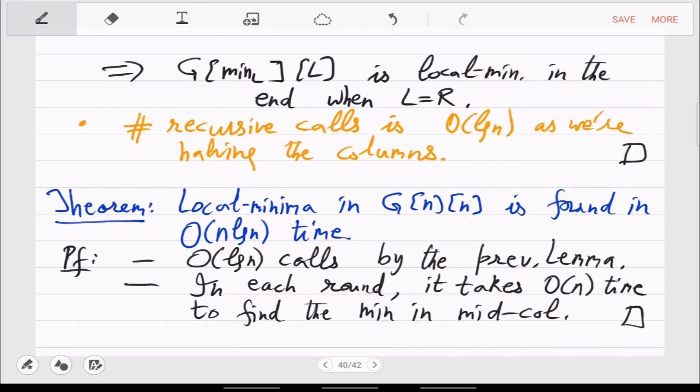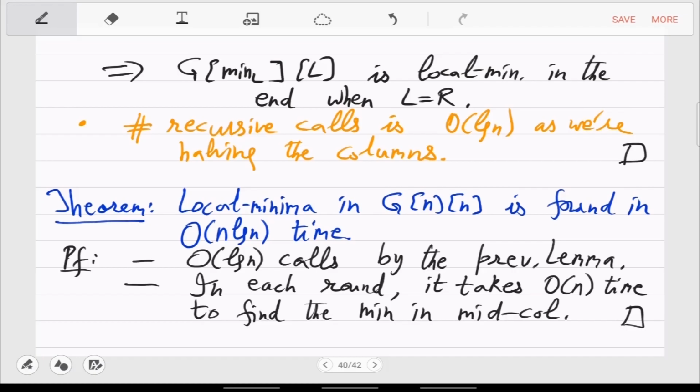Right, so this is a tremendous improvement on n square. So this is now same as sorting, but here it's more impressive because it was actually an n cross n matrix. So you can't do sorting here because the input size is n square. So for input size n square, we are doing actually only n log n. So clearly we are missing much of the input. Much of the input we did not even see, and still we are able to give an answer, right? But we are not easily satisfied, so now we want to improve this further.